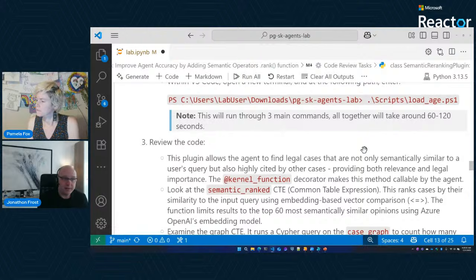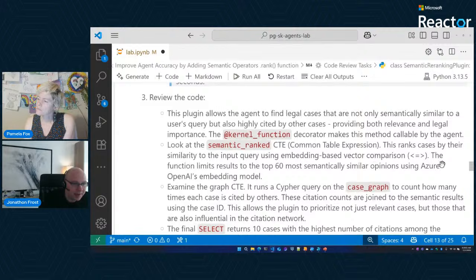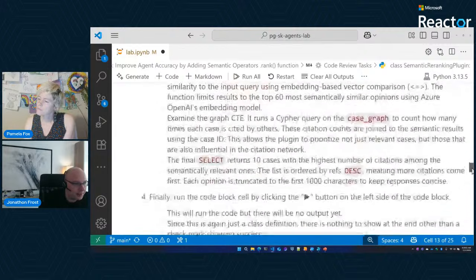One of the key pieces of this graph architecture is that it is keeping track of the citation hierarchy of the cases. So we're able to query and be aware of, for a given case, how many citations are coming into that case. The purpose of that is that we can use it as a signal to see if we should boost that case in our relevance for our results. As we move on, I can show you some of those concepts.